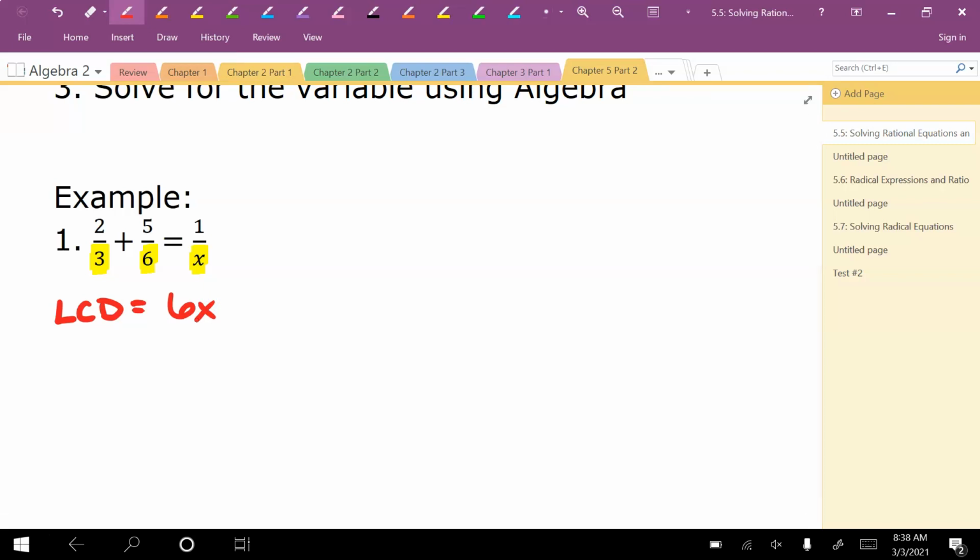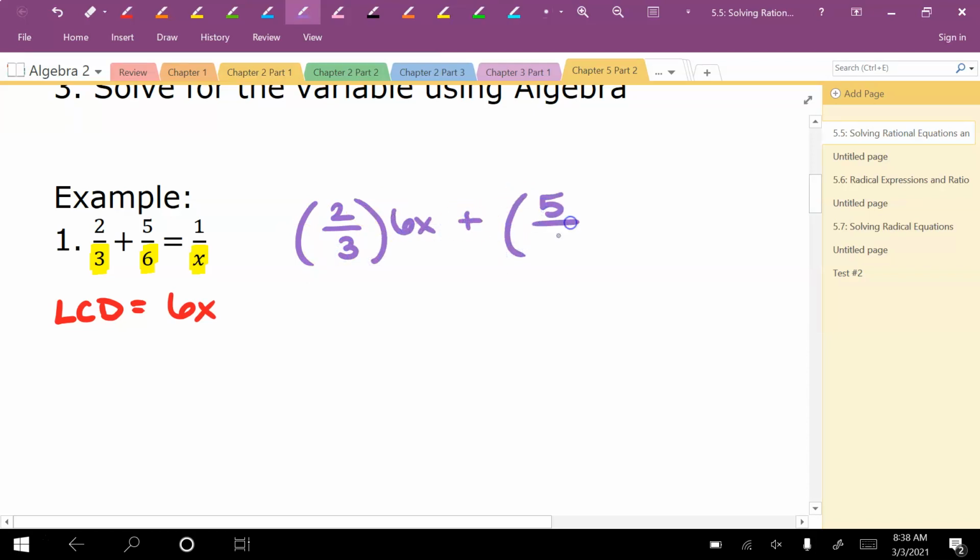Now what I'm going to do from here is I'm going to multiply each fraction. So there's 3 of them in this problem. So I'm going to multiply each one by 6x. So I'm going to take 2/3 times 6x. Then I'm going to take 5/6 times 6x, and then that 1 over x times 6x. So this is a little bit different than what we were doing when we were adding and subtracting, because when we added and subtracted, we would have only multiplied the fractions by what they were missing to get to the least common denominator. In this case, I'm multiplying all of them by 6x because my goal is to get